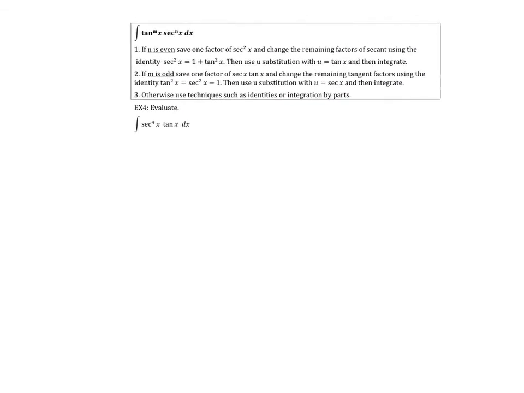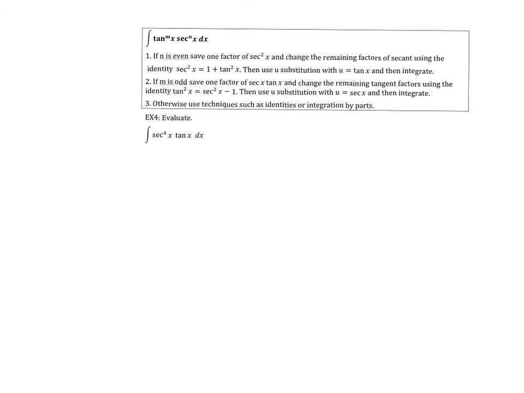products of tangent and secant. So the idea is going to be similar to what we did before. Okay? We want to choose our u substitution wisely so that we can eventually write everything in terms of u. So now if our n is even, meaning the exponent on secant, this time we're going to save one factor of actually secant squared, because remember,